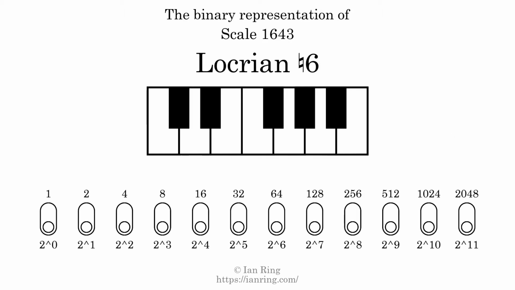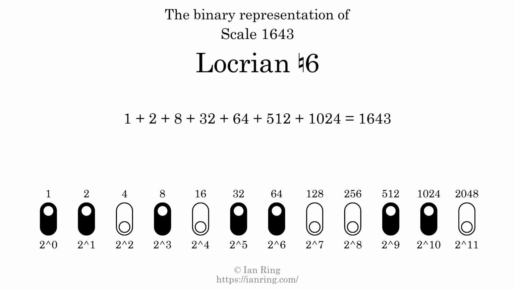The binary representation of this scale is determined by mapping tones of the scale to binary digits. Each binary digit represents a power of 2. To get the scale number, we add the powers of 2 together. The powers of 2 that are present in the scale, all added together, equals 1643. That is why the scale number, in decimal, is